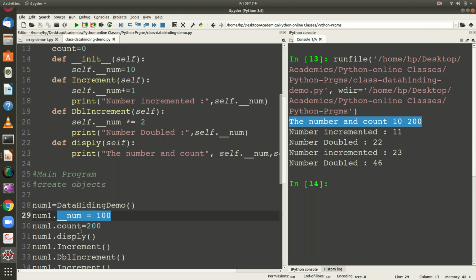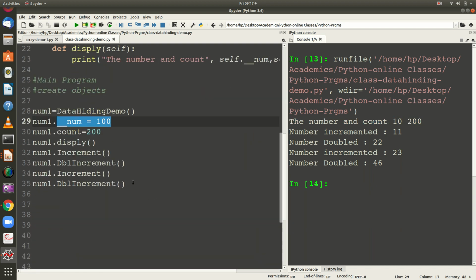But count is a public member, because I did not use double underscore. So count is a public member, so outside the class also I can assign a value to this particular variable, thereby it gives you 200. And suppose if you want to increment that count, that is also possible.